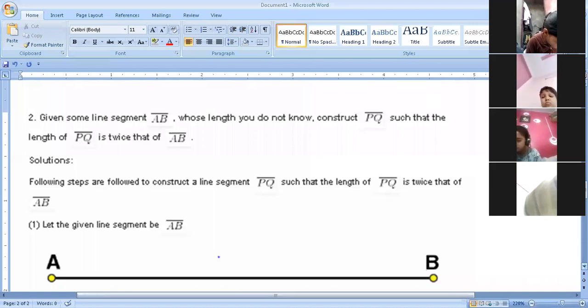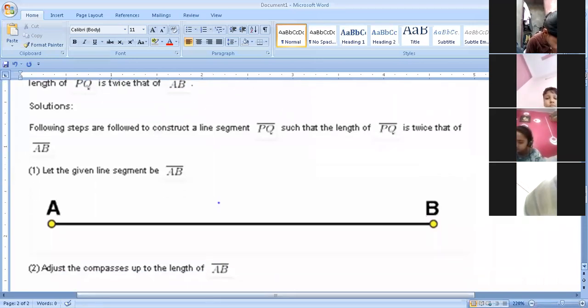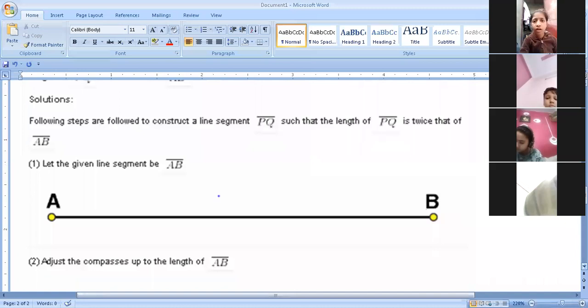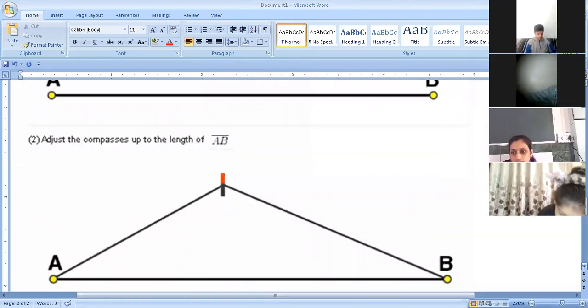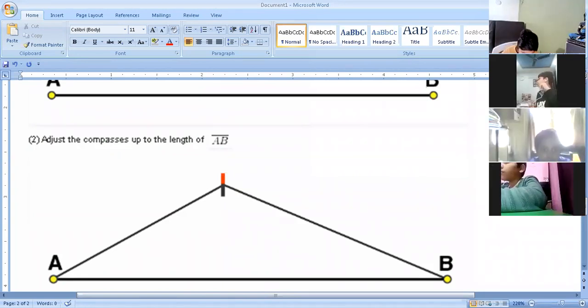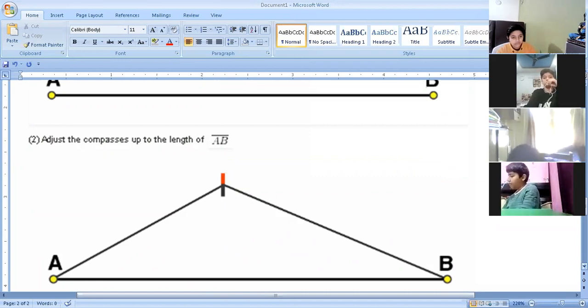Any measurement line AB. Adjust your compass and measure AB with the help of the compass. Adjust your compass according to AB. Take your compass in your hand, Rayan, Joel, and measure it.